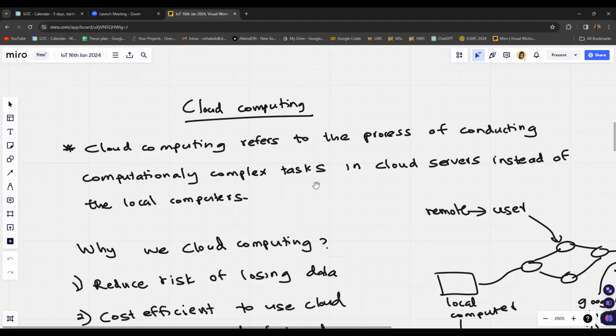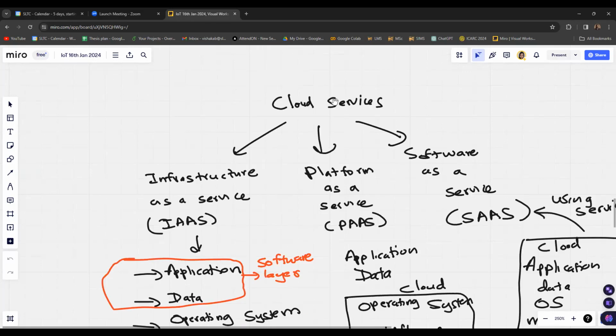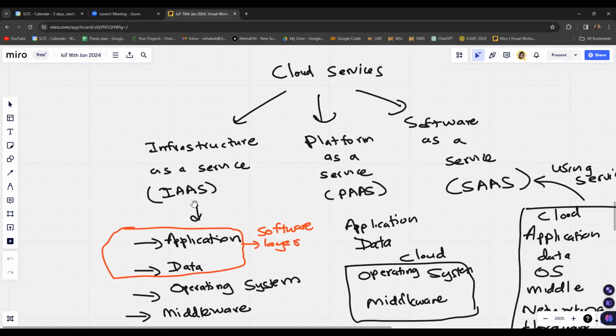Starting with cloud computing, in the last class we discussed up to this point, where we stopped at the cloud services and the three key service models that we have, which are basically infrastructure as a service, or IaaS, platform as a service, PaaS, and software as a service, SaaS. These service models can be considered under the cloud computing services, and these three services differ based on the different components that you can control in the cloud infrastructure.